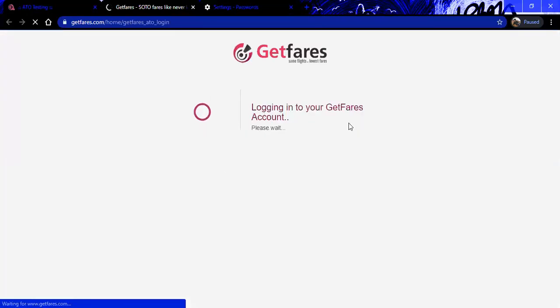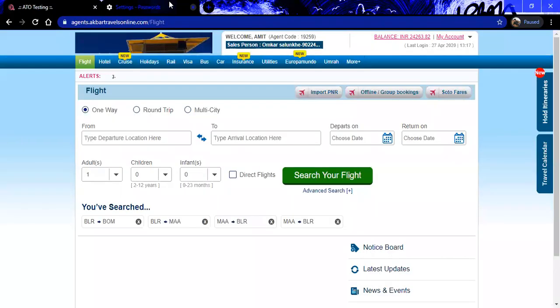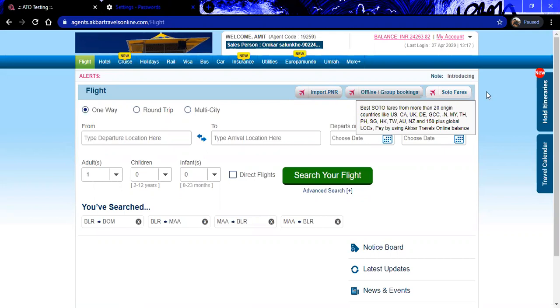You will be able to search for SotoFares and get good offers for Soto destinations. You can avail the service and the benefit of SotoFares from this SotoFare tab.